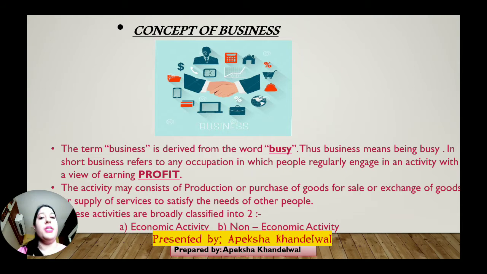Okay, now this activity consists of production or procurement. Procurement means purchase. So business is an activity which contains production of goods or purchase of goods from somebody else. And why are we producing the goods? Are we producing the goods just to keep them in storage? No, we are producing the goods to sell them, am I right? To exchange them or to sell them, and after selling, with whatever profit we earn, we will satisfy the needs of the people. Okay students, so this is the actual concept of business.